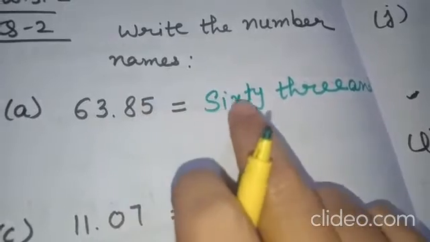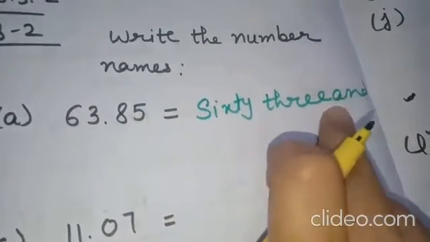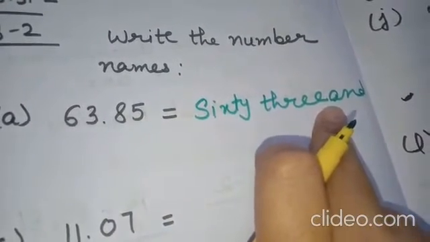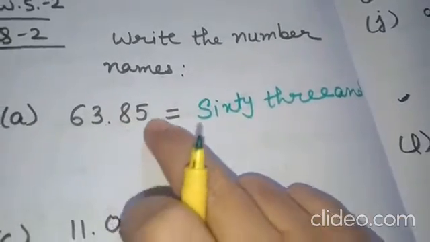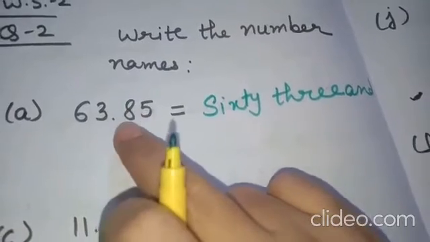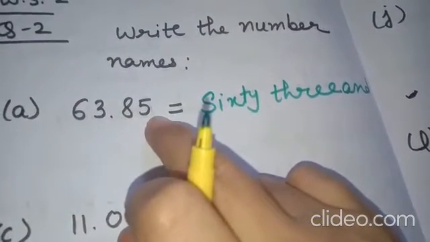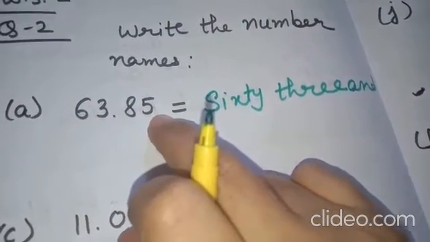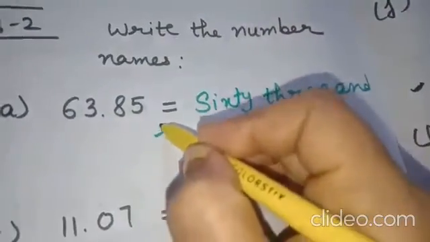So how will we write now? 63 and. This part is the same as in worksheet 1. Now the number after the decimal will be read as 8 and 5, but when we want to write its number name, it will be written collectively